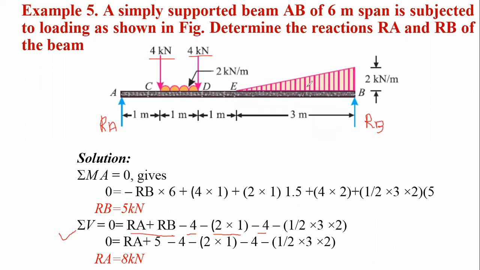Now the converted point load, that is having the intensity of 3, that is 1/2 3 into 2. If you solve this one, this 2 gets cancelled, only the remaining part is 3. Now if you solve this, reaction RB is 5 kilonewton, put this value over here and simplify the terms.